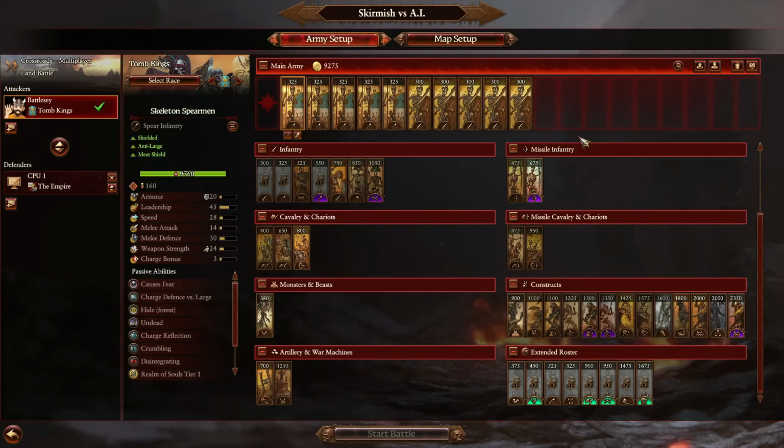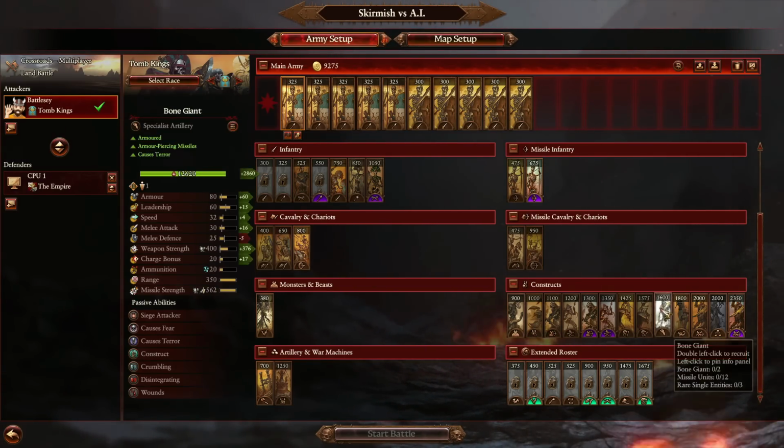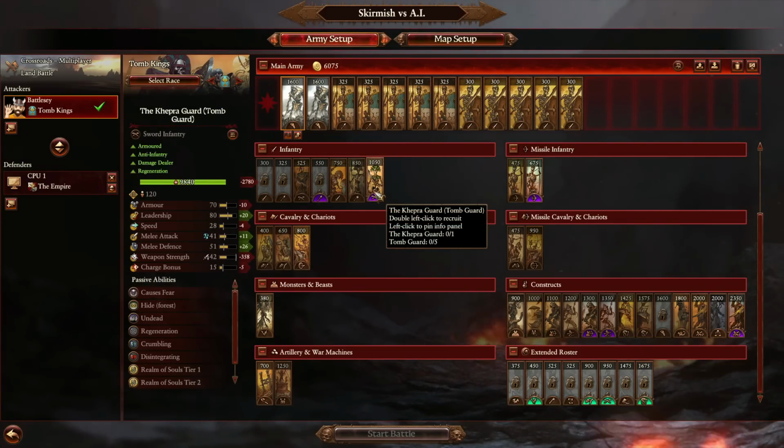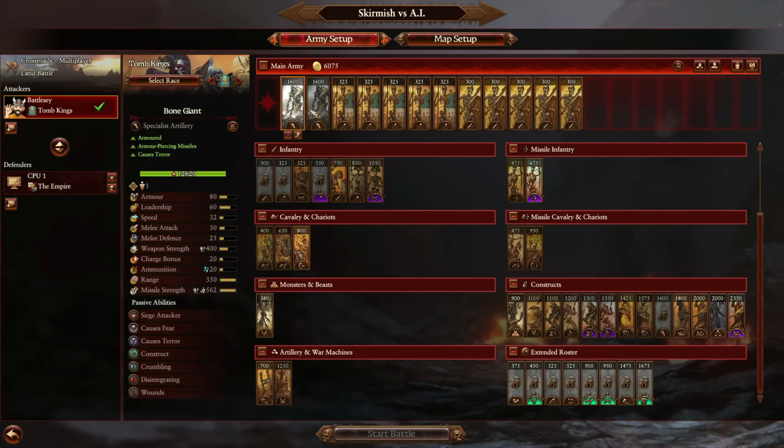What we can see on screen right now is 3,125 gold worth of units. I have 10 units in total, which is absolutely bonkers, which is effectively the equivalent of 2 bone giants, right? From a unit perspective and a potency perspective, there is no way 2 bone giants will outclass 10 units of